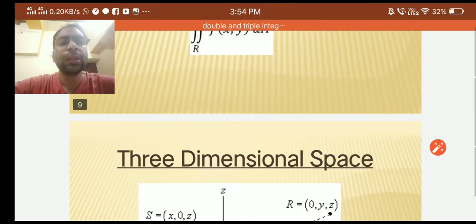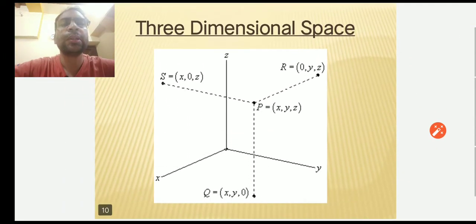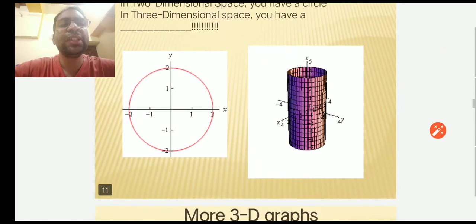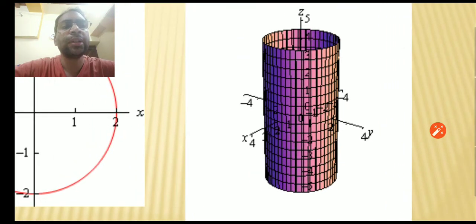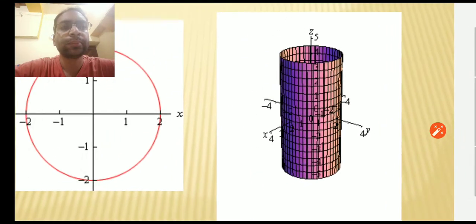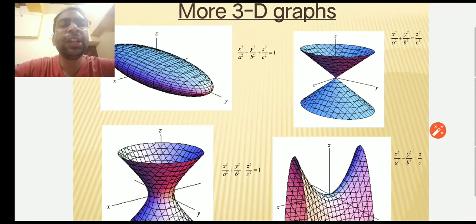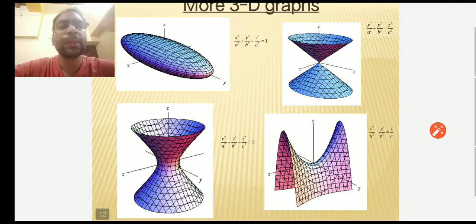So let's begin with the three-dimensional space. When we talk about double integrals and triple integrals, we must have in our mind the three-dimensional space where we have three axes x, y, and z. These are a few examples of three-dimensional figures with all the dimensions in space. You can take the example of a cone, which has three dimensions x, y, and z. Some other 3D graphs can be considered like these. All these graphs are three-dimensional graphs which have all three axes x, y, and z.